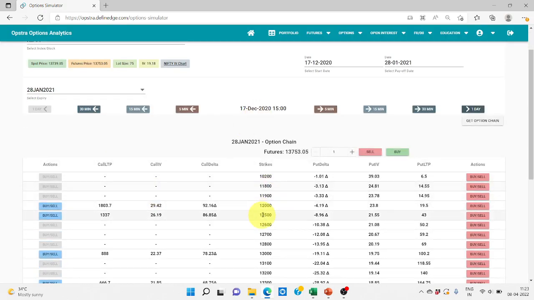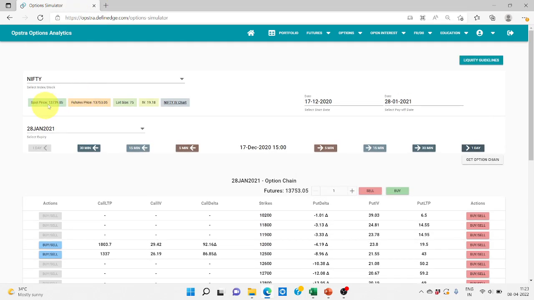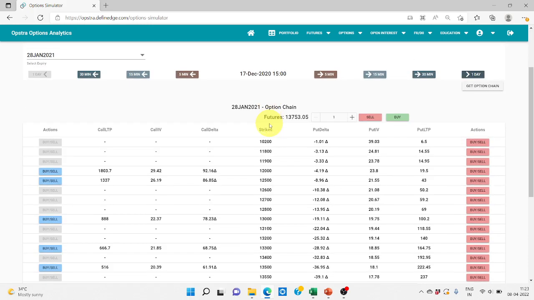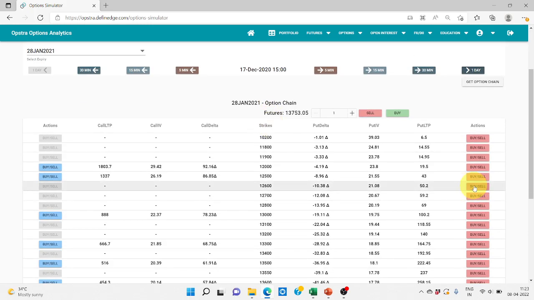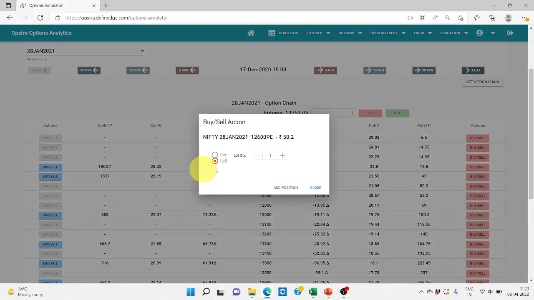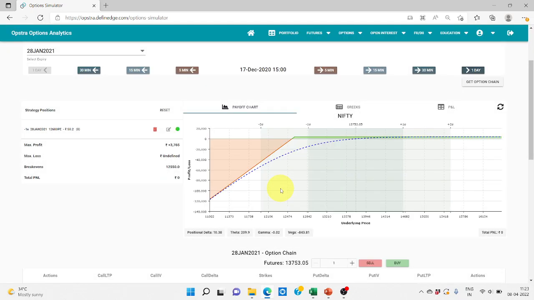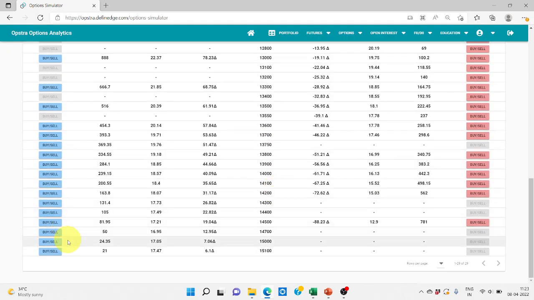This is the strike. So we are going to see where we are going to get 50 rupees premium. You can see the strike price is almost 13,750, and we are getting our put option at 12,600. We are selling one lot at 50 rupees, and the call option we are selling